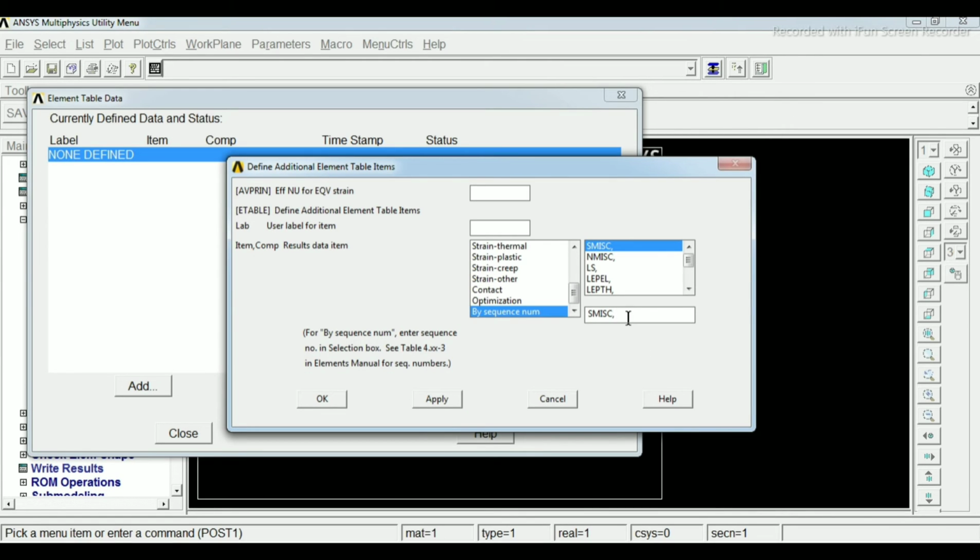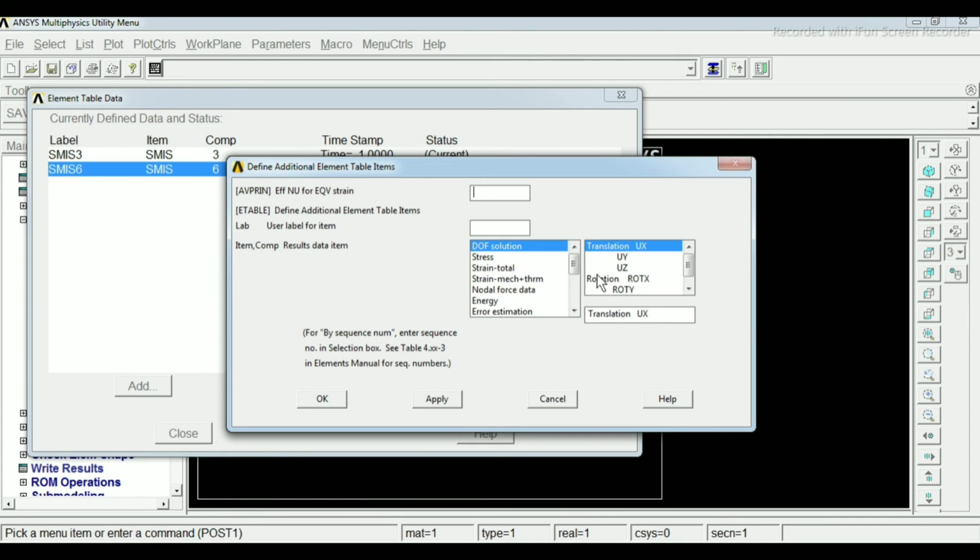First we add SMISC 3, then click on apply. Again click on by sequence number, give value 6, then apply. Then again select by sequence number and SMISC 16, then apply.